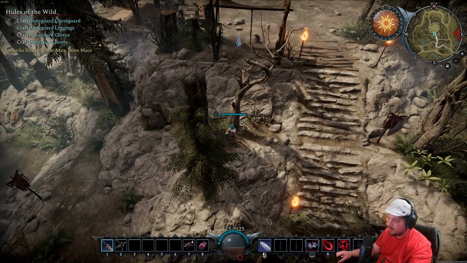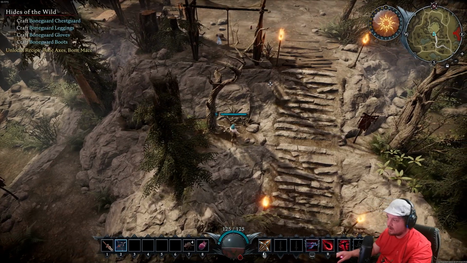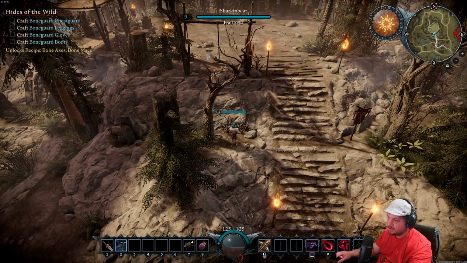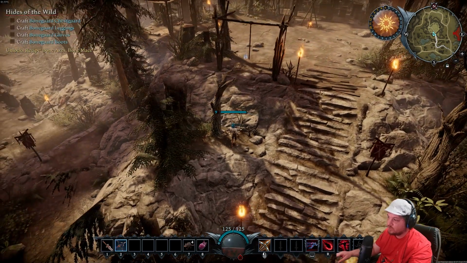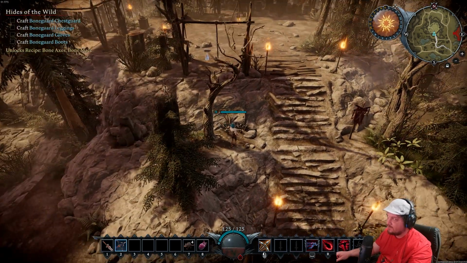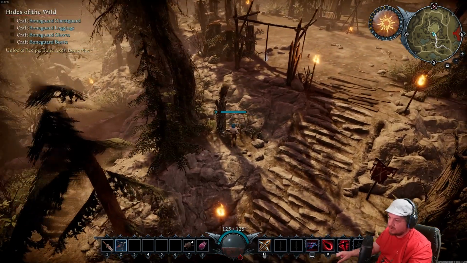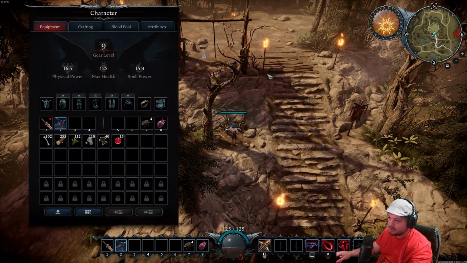Oh, we got the refined crossbow now. That's pretty dope. So this should make it a little bit easier for us to do. It actually also knocked our level up to 9 as well. So I'm going to give this just a little bit longer before we dive in there. I want to kill these enemies because they will actually give us...